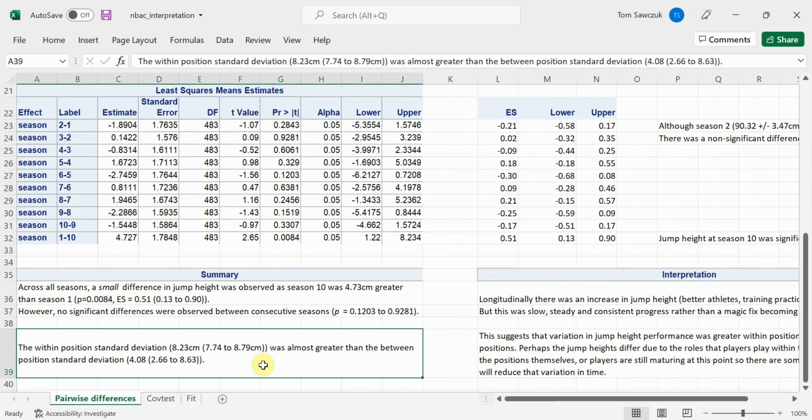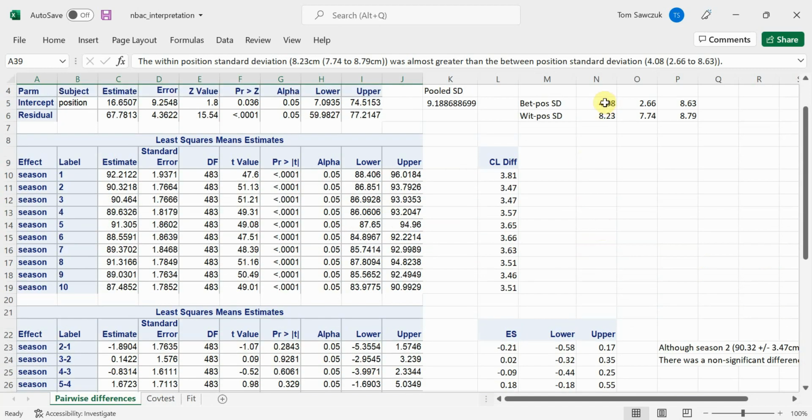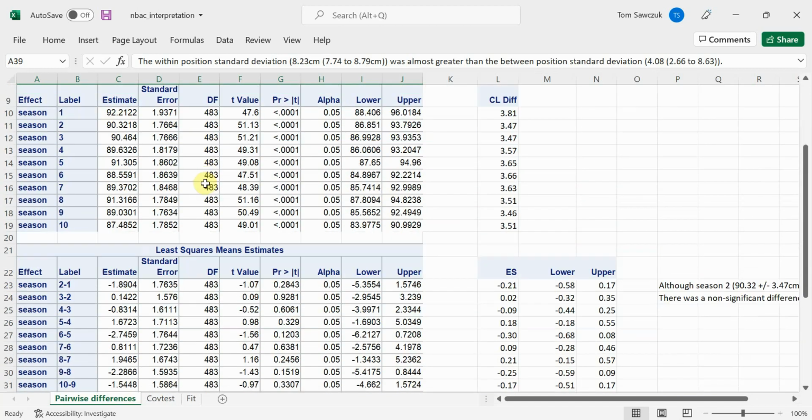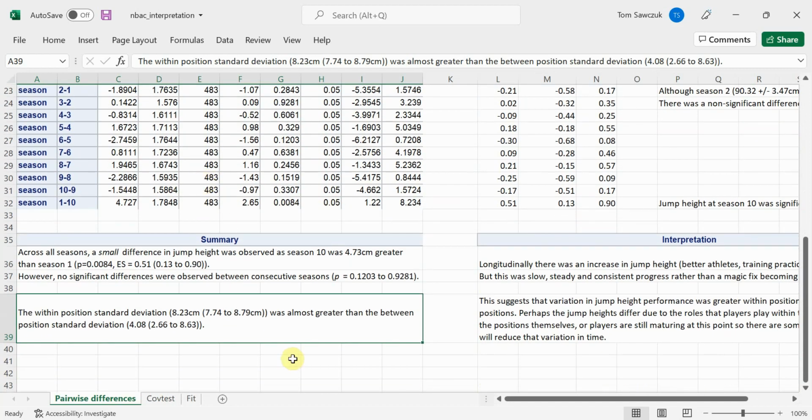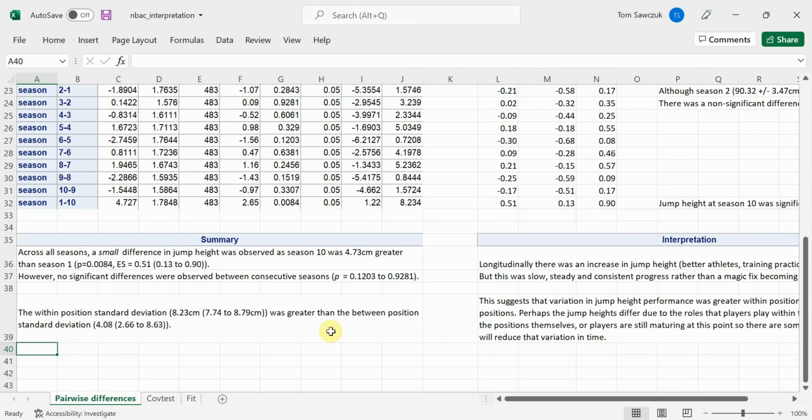And then we can have a bit more fun with it by looking at the random effects. So these values here that I've got for the within and the between position standard deviation, as I say, have come from here, which is just the square root of this part. And we can see that the within position standard deviation is greater than the between position standard deviation. It's actually almost twice as great, which is why the almost is there. So it's almost twice as great as the between position standard